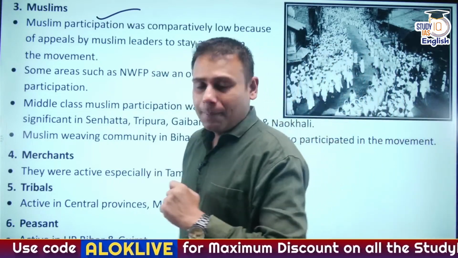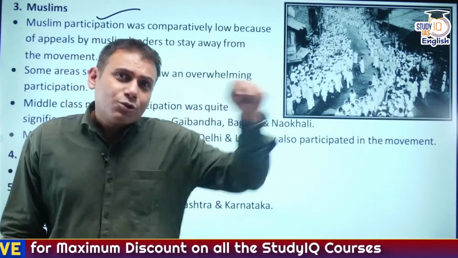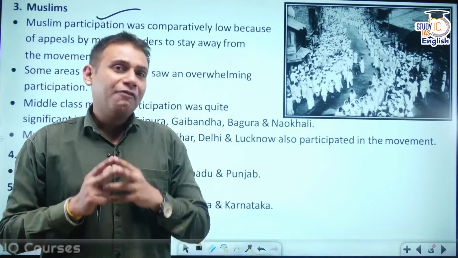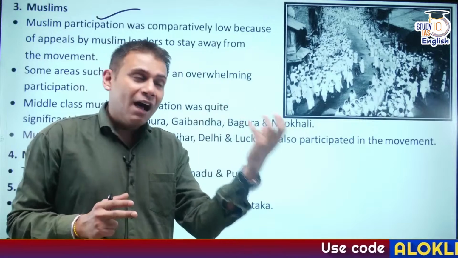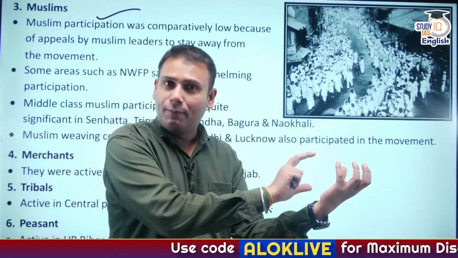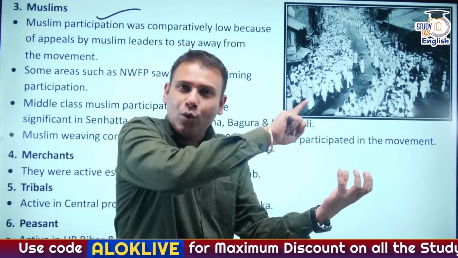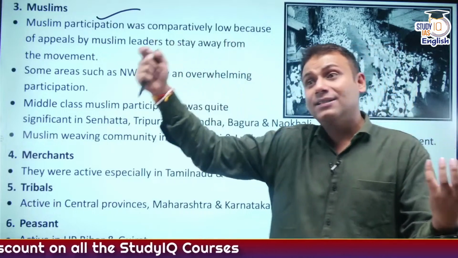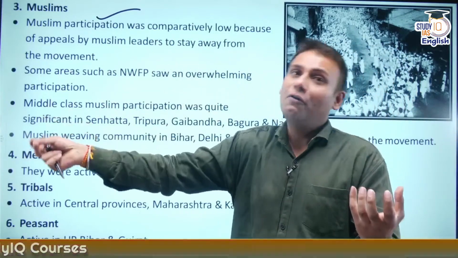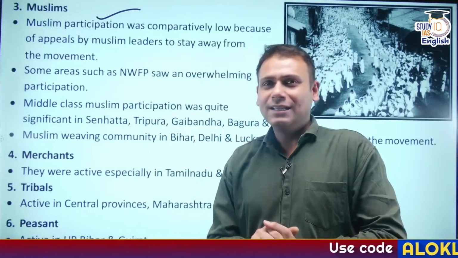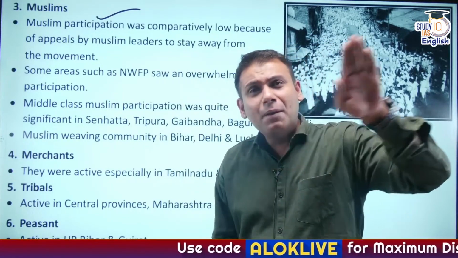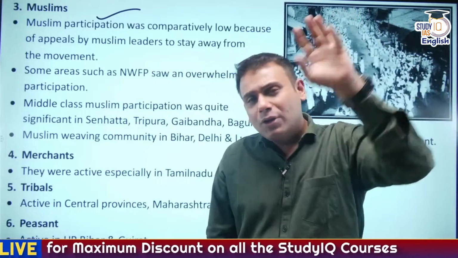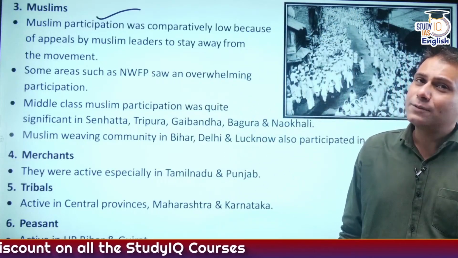First thing I'll tell you guys, one important reason. As we have discussed in the previous sessions also, we had discussed the Khilafat movement. It is believed that the Khilafat movement was merged with the non-cooperation movement by Mahatma Gandhi. But during the entire non-cooperation movement, there was no single step taken against the Britishers for Turkey. Isn't that so? So the Khilafat issue, which was being merged with the non-cooperation movement, actually got dissipated. Correct? So the Muslim section stayed away from this movement majorly.